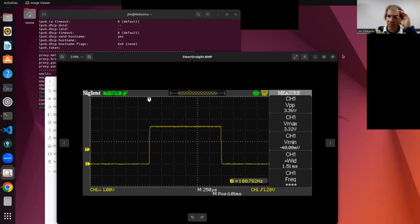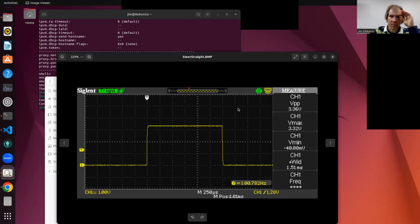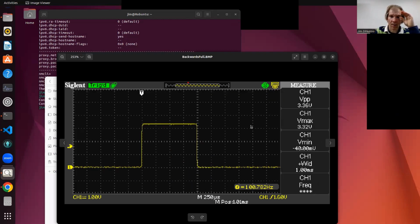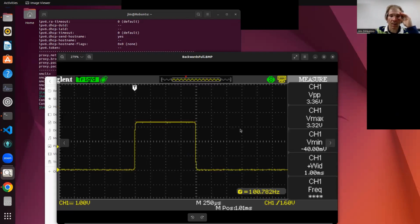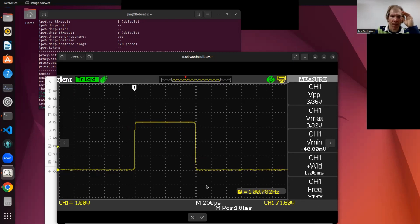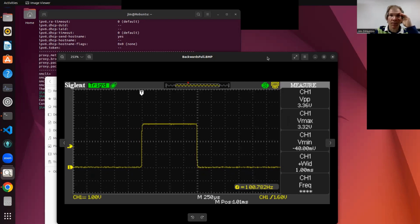So Jim, if you could go back to your full backward slide for a second, there's a very interesting point when you look at this with an oscilloscope. And if you could embiggen that a little bit. When we talk about traditional servos and sending them servo pulses, those pulses have a certain width, and the width of that pulse means something. Now, looking at Jim's screenshot, if you can move it up a little bit so we can see the bottom of it,